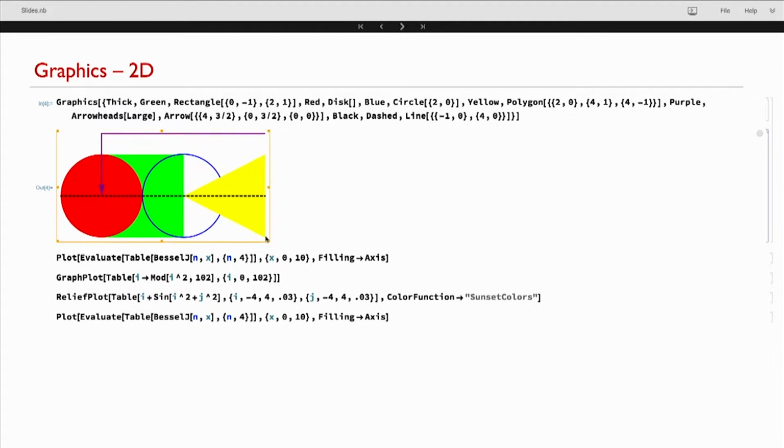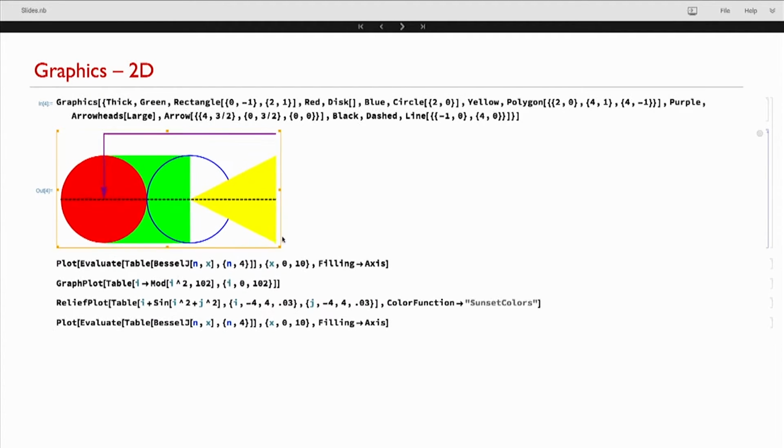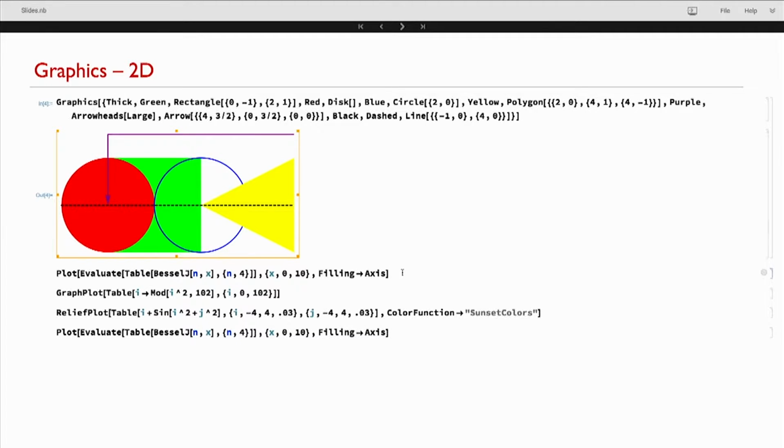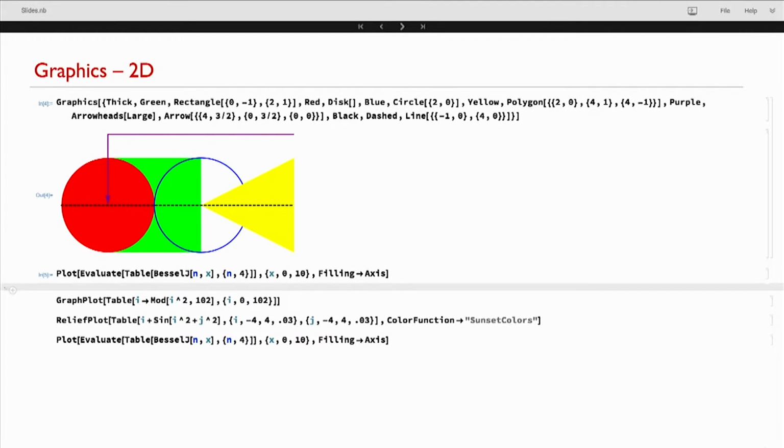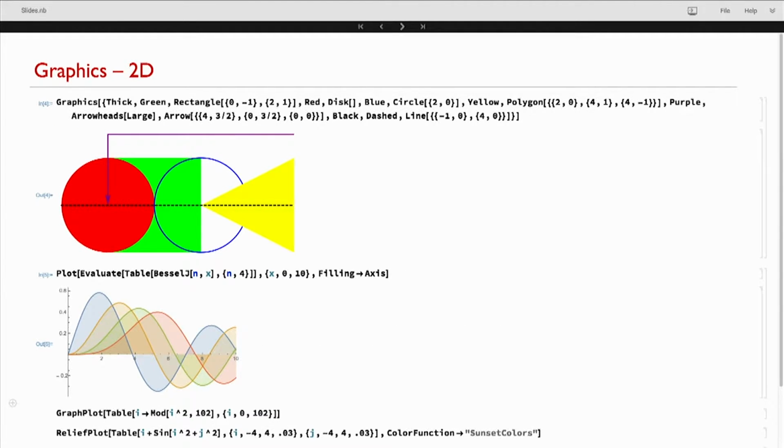So we can do resizing, and again, later on in the talk, I can get more into specifics, but just to show you the way we've implemented this at the box level or in the notebook level. So in this case, it's not just graphics that works, but anything that typesets as a graphics box. So in this case, a plot